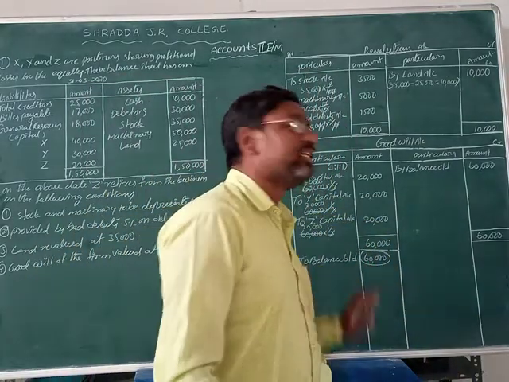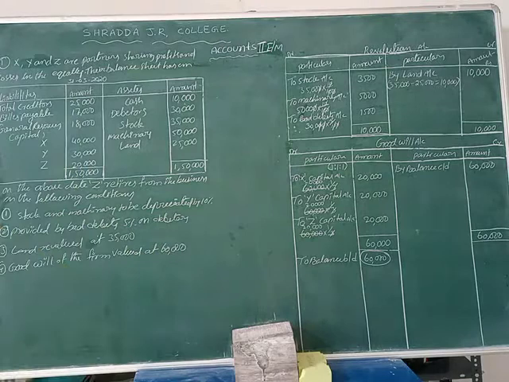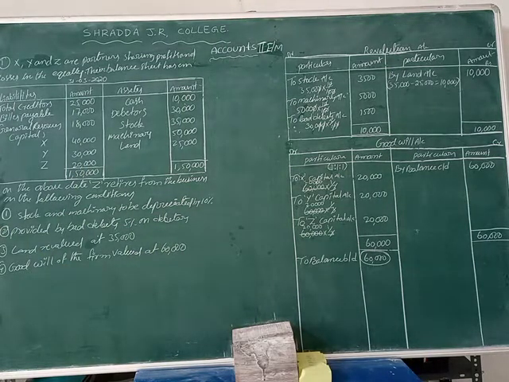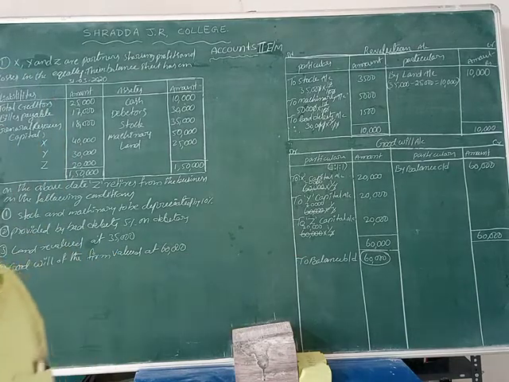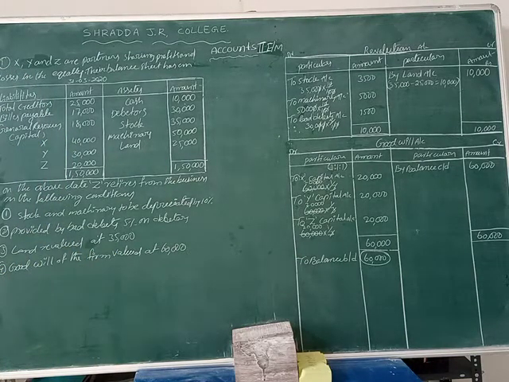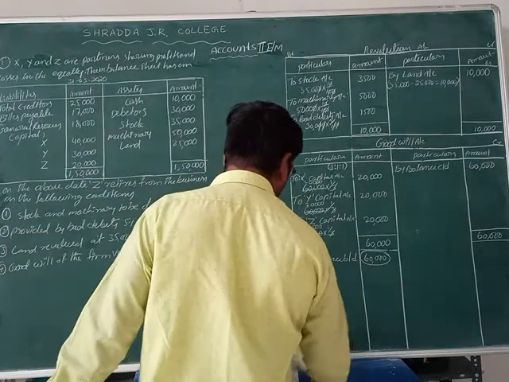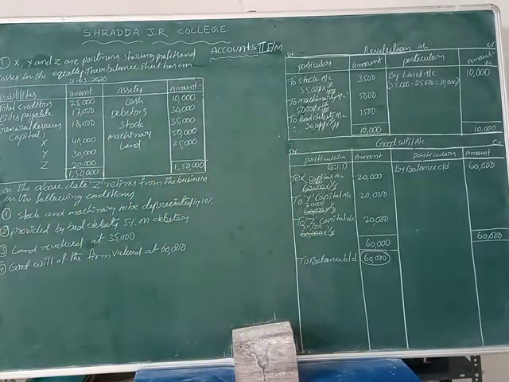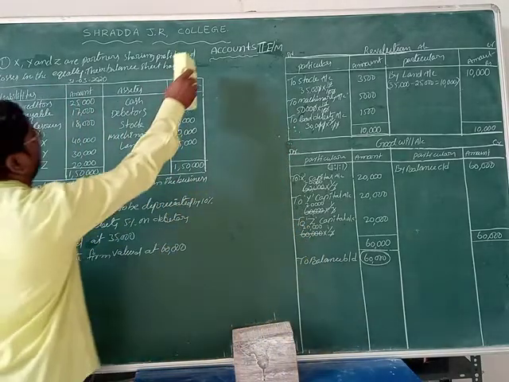That amount is 60,000 rupees. This 60,000 rupees amount we can record in the new balance sheet. Isn't it? In the new balance sheet, on the asset side, we record the goodwill amount of 60,000 rupees. So finally, 60,000 rupees goodwill value we write on the asset side of the new balance sheet, students. Now the revaluation account and goodwill account are completed. Next we go to the partners capital account.